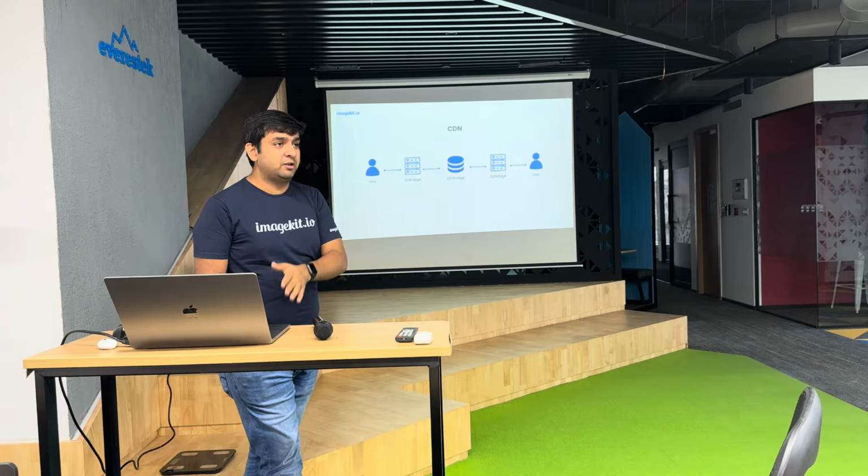So, images and videos. Images are the easier part. When you have a website, you can just reduce the resolution of the image. If not reduce the resolution, you can use different formats. You have JPEG, PNG, then you have the more advanced formats, WebP and AVIF. Those are the modern formats that give you much faster performance when it comes to images on your website. But for videos, things get a little trickier.